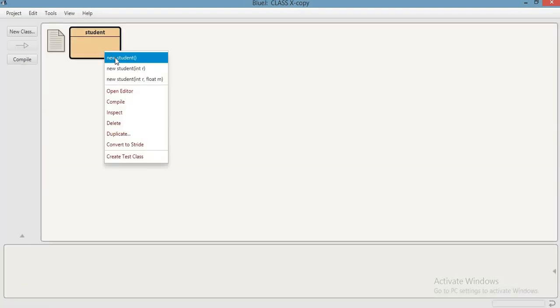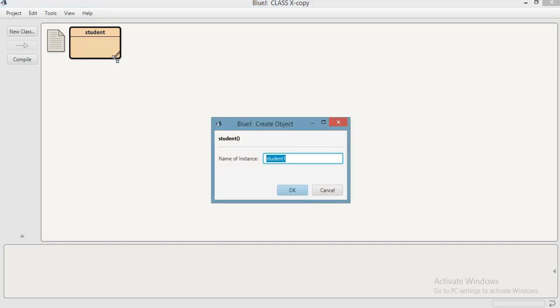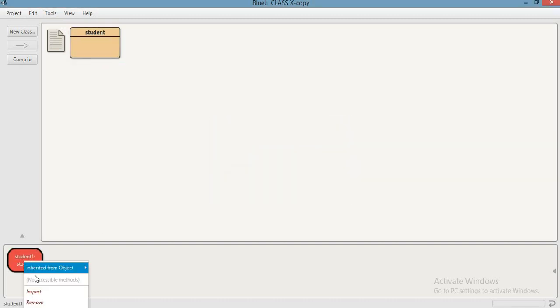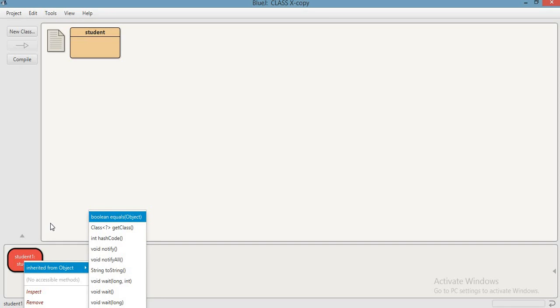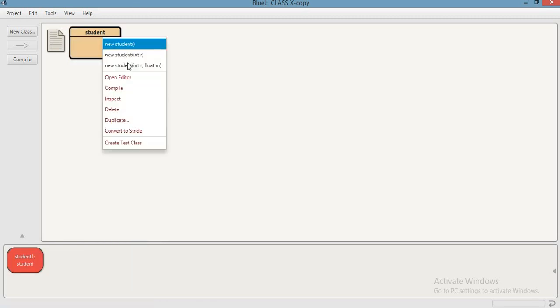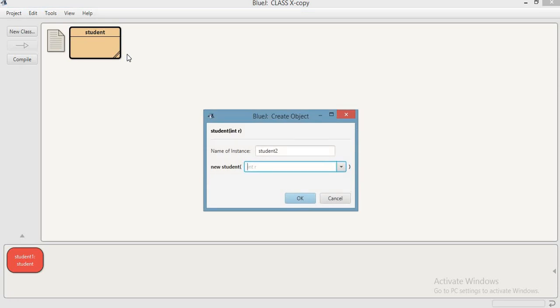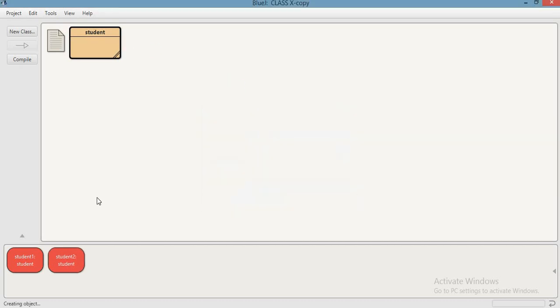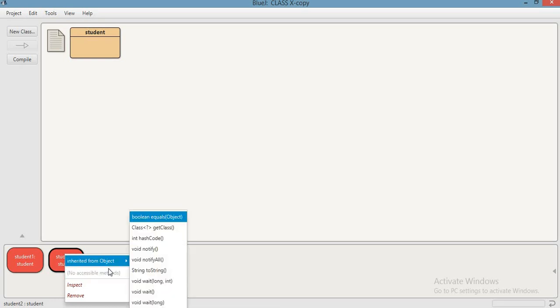Okay, student, will take new student. As you can see, when I took new student, it is not showing anything, because it's a default constructor and it has been initialized with 0. But you will see when I run the other constructors also, they will take the input as it is a parameterized constructor, but they will not show anything. Suppose I enter 19 and then I take this. As you can see, I get no output because I haven't